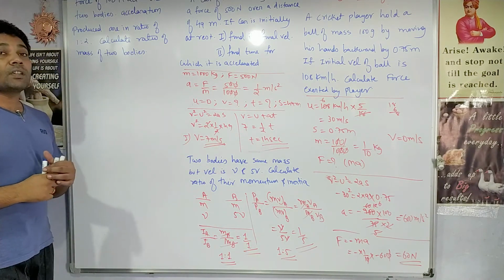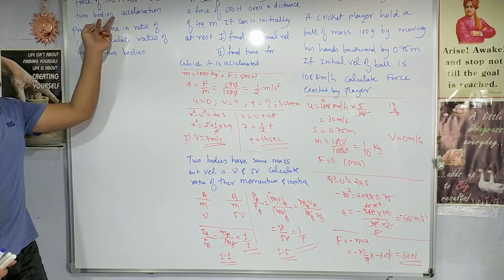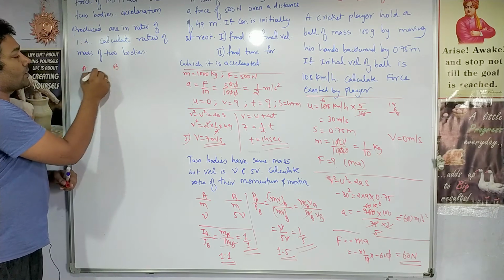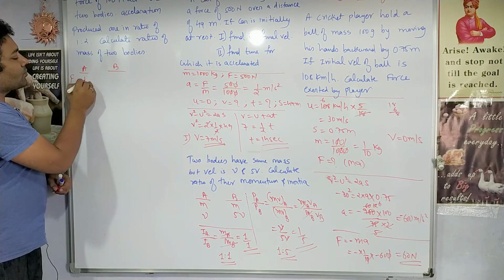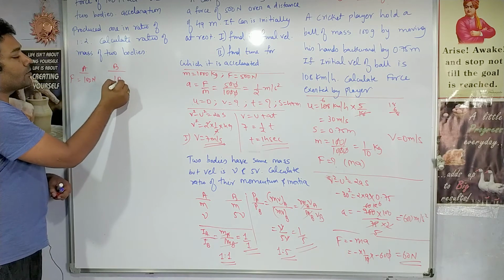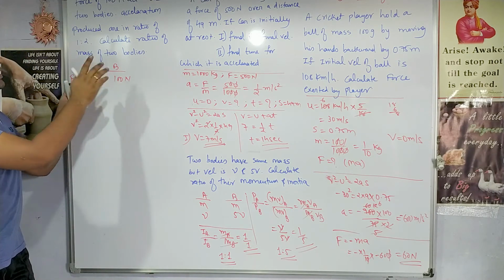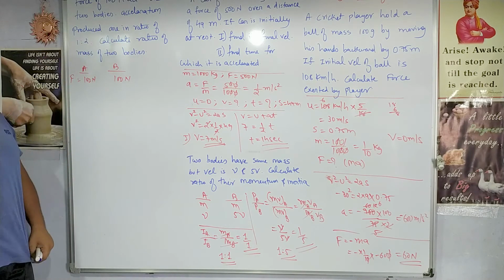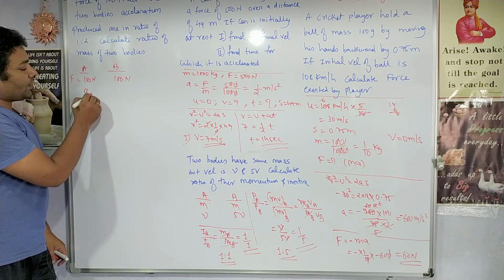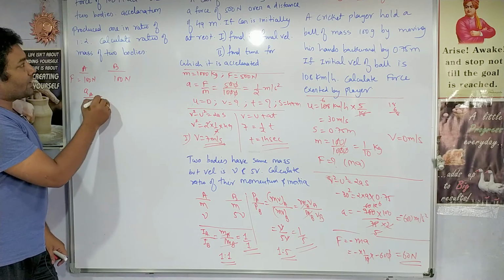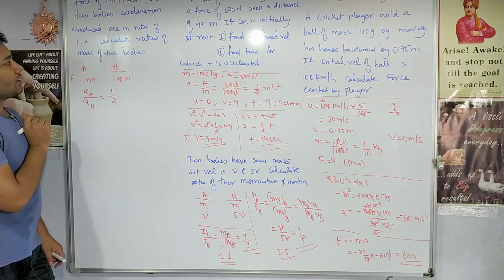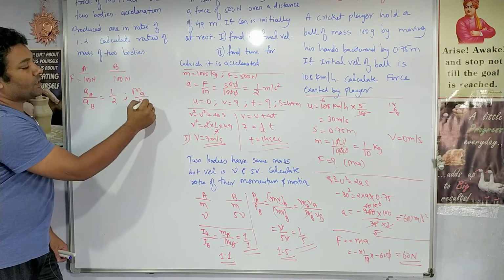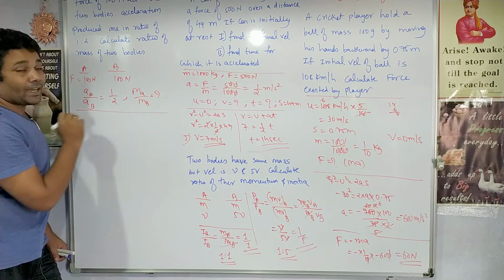This is another question we have. 100 newtons act on the two bodies. Again a similar type of question, so we must bifurcate. We have two bodies. How much force is acting on both the bodies? 100 newtons on A, 100 newtons on B. Both the bodies have the same amount of force acting. Acceleration produced is in the ratio 1:2. So acceleration of A upon acceleration of B is given as 1/2. This is another thing given. Calculate the ratio of their masses. So mass of A upon mass of B we have to calculate.